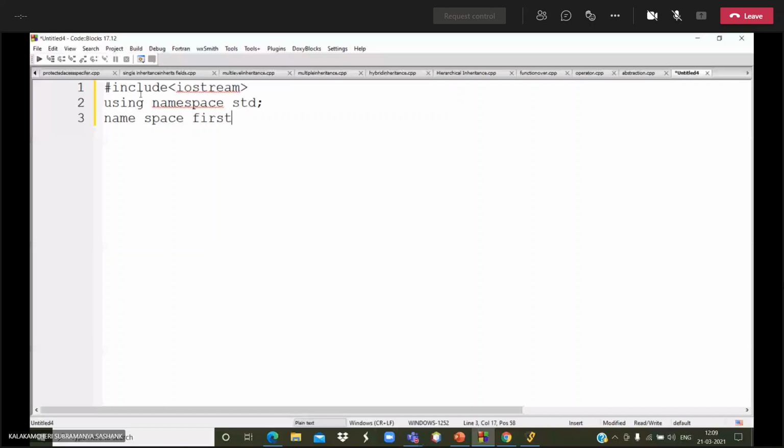Why am I giving the method as a hello method, and printing the value? I mean I'm printing the sentence like hello first namespace.